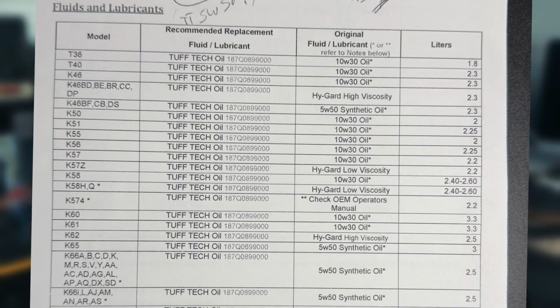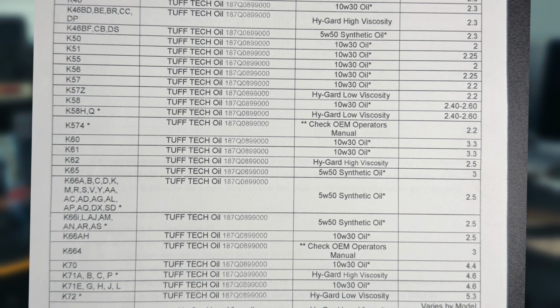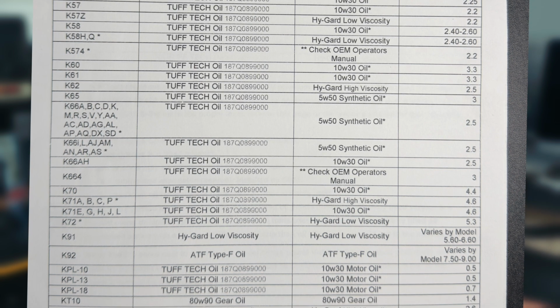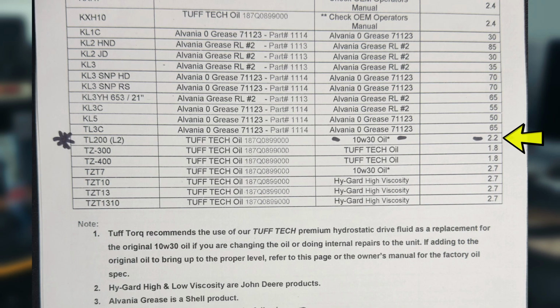Alright, so real quick, let's talk about the oil that we're going to use. I've got a chart right here from Tuff Torq, and this shows the various transmissions that they make along with which oil they're supposed to be in there and which oil they came with from the factory. Now if you notice here, about 3/4 of these take the Tuff Torq oil, including the one that we're working on. And if you look under here, page 2, we're on the TL200, it shows that it came with 10W30